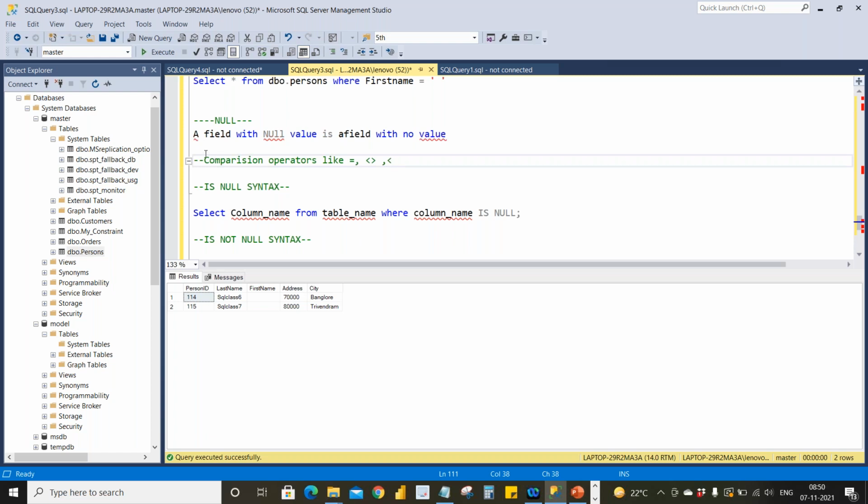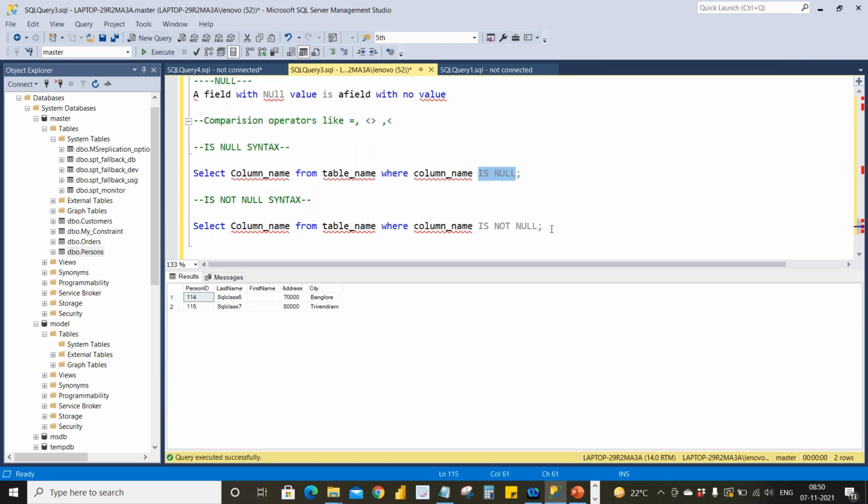We cannot use IS NULL with these comparison operators. That's why we have this keyword called IS NULL. So we can use this concept called IS NULL or IS NOT NULL in this particular syntax, where we can get the null values.